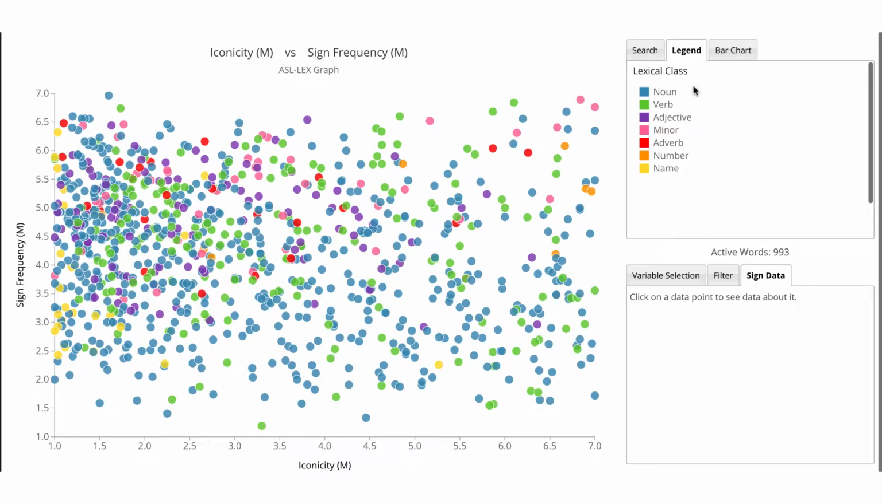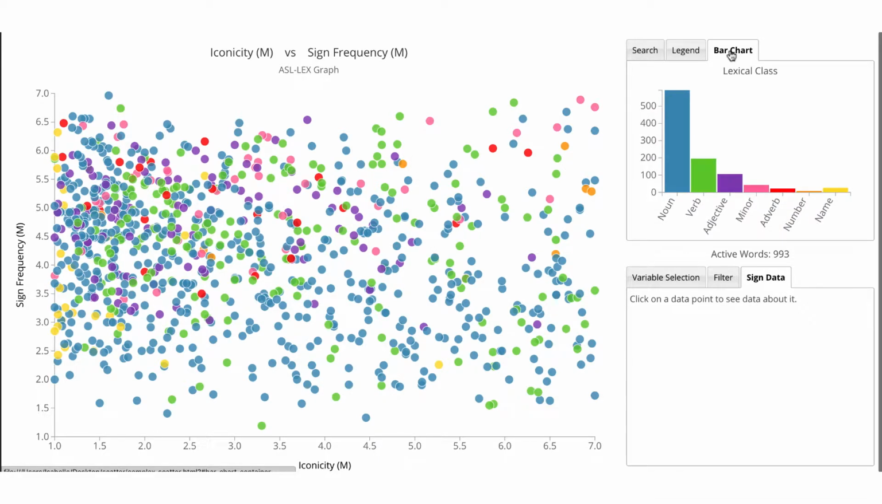You can also see the counts of the different lexical classes by clicking on the bar chart tab. For example, there are about 600 signs that are nouns. Bars give you a total count when you hover, and it also shows you the active count, which updates in accordance with applied filters. The three main features of this visualization are searching for and selecting a sign, applying filters,